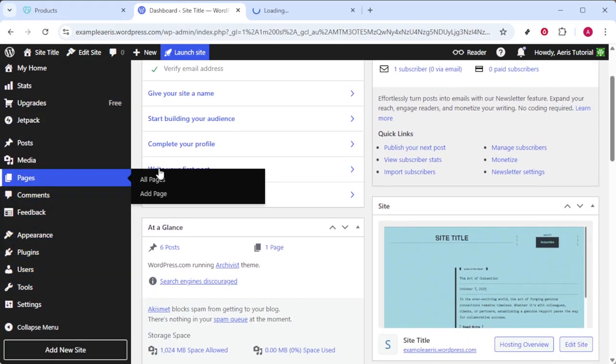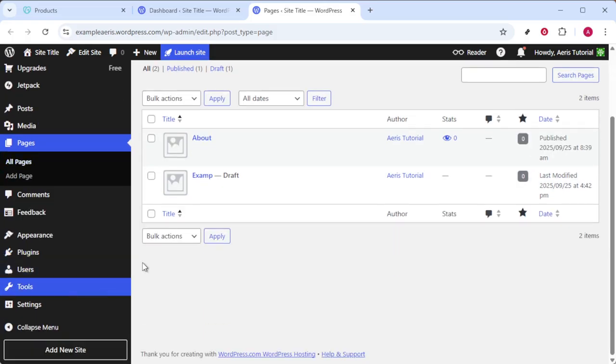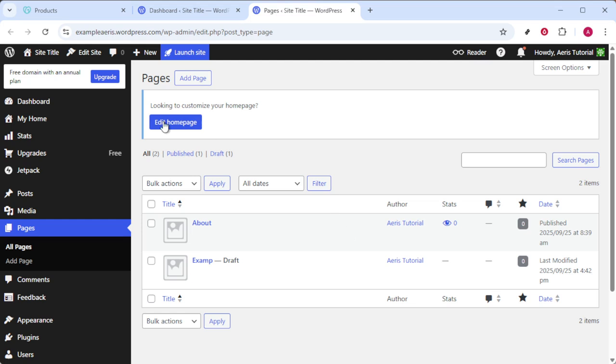Now, scroll through the file until you find the line that says something akin to "define". Above this line, you'll want to add the following code: define('WP_MEMORY_LIMIT', '256M'). This line of code will increase your PHP memory limit to 256 megabytes, a common setting for many sites needing a bit more room to breathe. Once you've added that line, make sure to save the file,